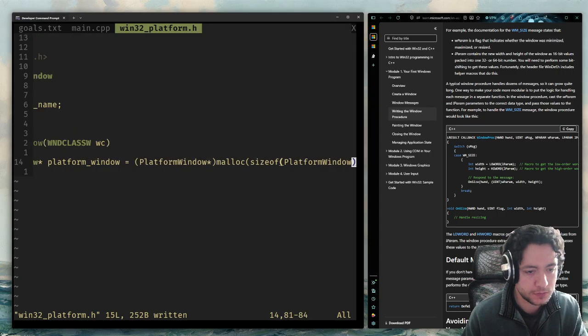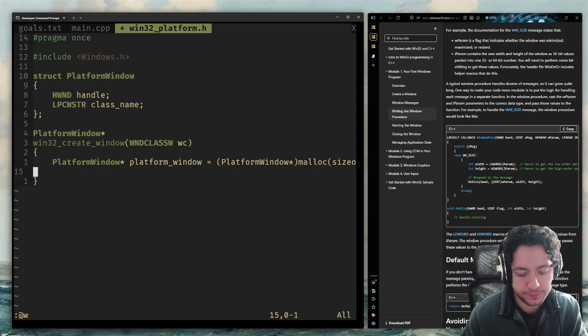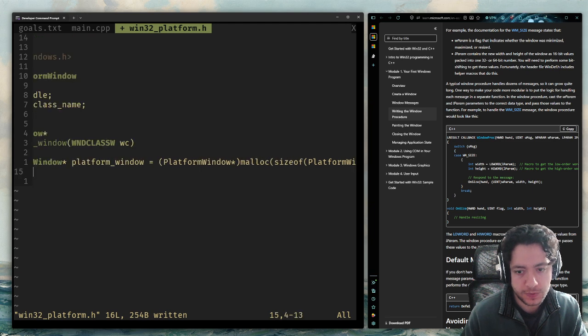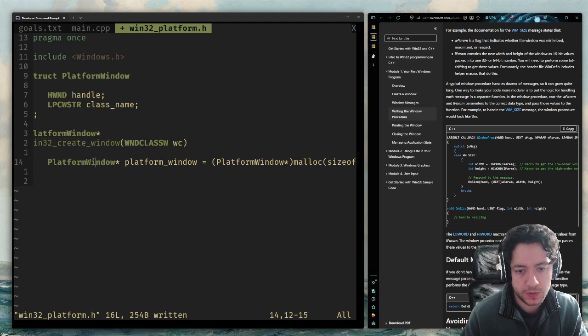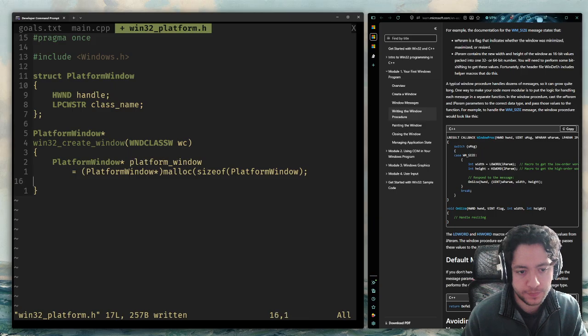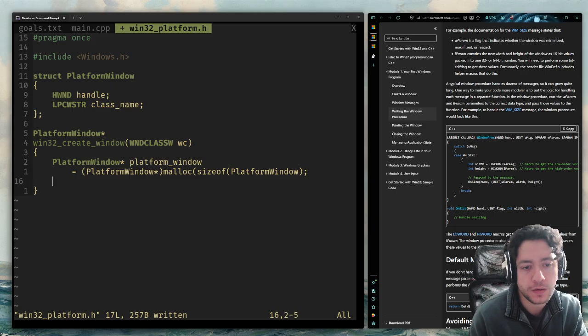In my head that works. Anyway, we'll find out. So we can ask for that much space on the heap, and then we then want to